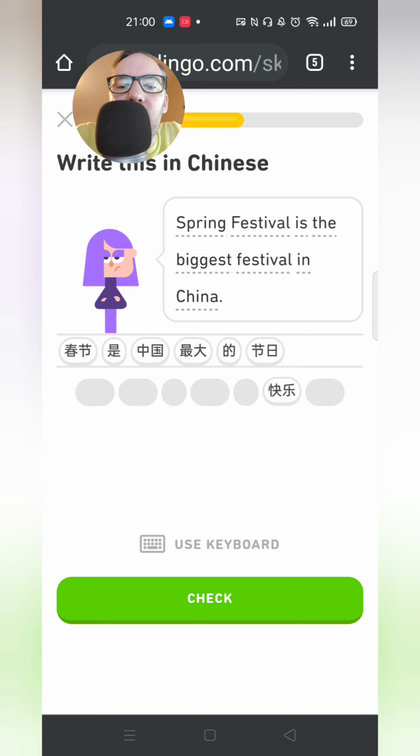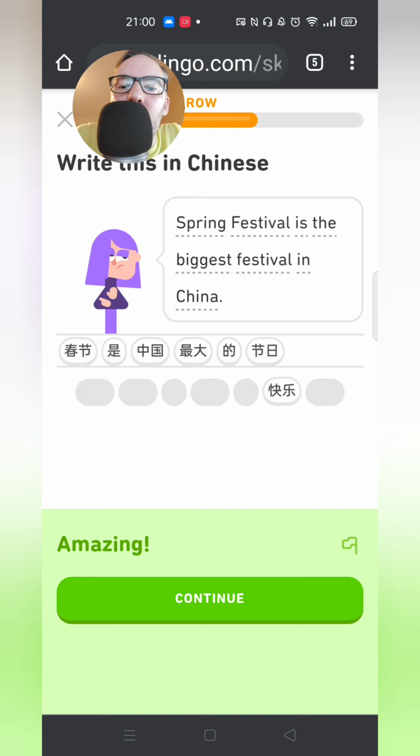I mean, technically it could be 春节是中国的最大的节日. Could it? Oh no, I suppose 最大 is an adjective, well, comparative, but an adjective, so yeah. 春节 Spring Festival 是 is 中国 China 最大 most big 的 of 节日 festival days.